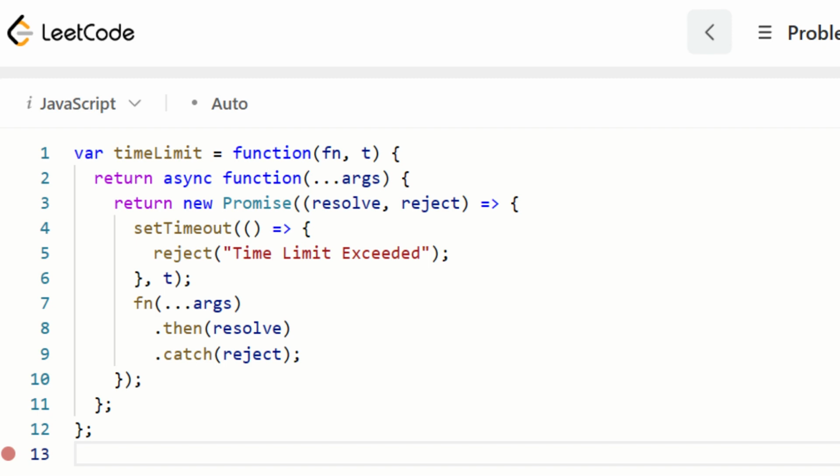Inside the time-limited function, we create a new promise that wraps the execution of the original asynchronous function. If the execution of the function completes within the specified time limit, the promise resolves with the result. However, if the time limit is exceeded, the promise rejects with the message "time limit exceeded". With this implementation, we can easily apply time limits to any asynchronous function, ensuring that they complete within the desired